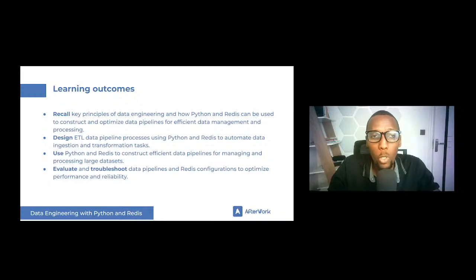So we should be able to recall the key concepts in data engineering and how Python and Redis can be used to construct and optimize data pipelines for efficient data management and processing. We should also be able to design ETL, or extract, transform, and load, data pipelines that would be essential in automation as well as transformation tasks